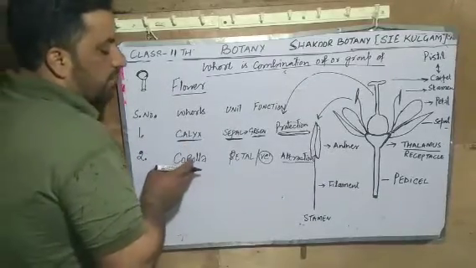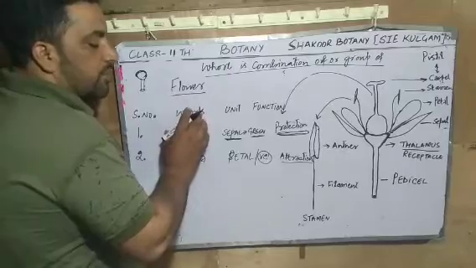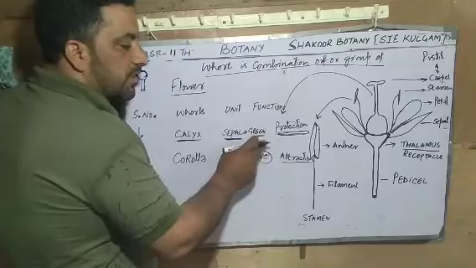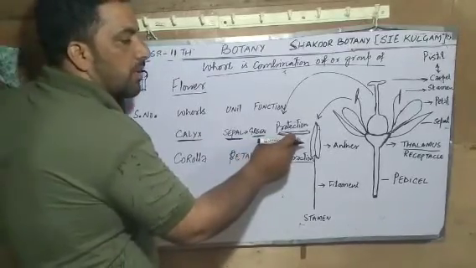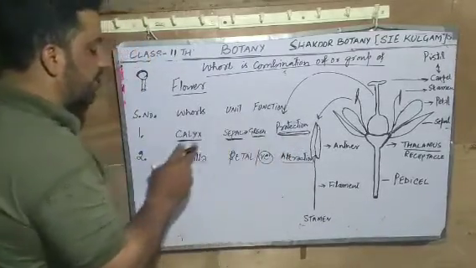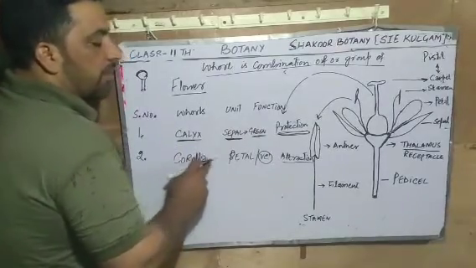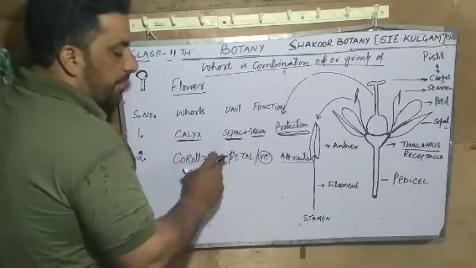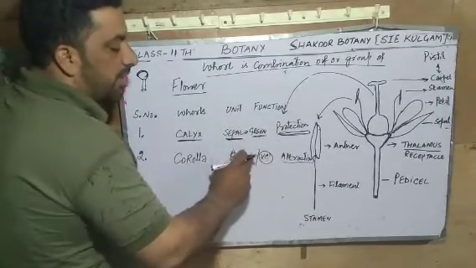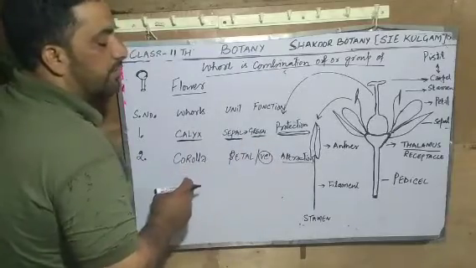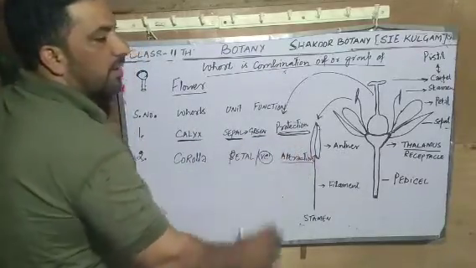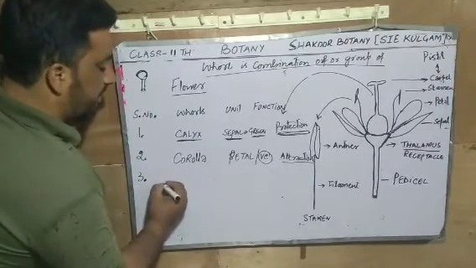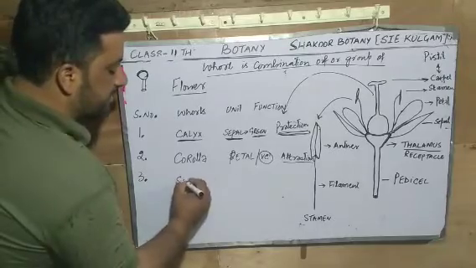So the corolla जो है ये दूसरा whorl है, outermost whorl जो है calyx है, कैलेक्स के यूनिट को हम सेपल बोलते हैं, सेपल्स ग्रीन होते हैं, सेपल्स का काम होता है ये फ्लावर को प्रोटेक्ट करते हैं बड कंडीशन के दौरान। दूसरा वर्ल जो है करोला, करोला के यूनिट को हम पेटल बोलते हैं, इनकी डिफरेंट कलरेशन होती है, वेरियसली कलर्ड होते हैं ये, इनका काम है टू अट्रैक्ट द इंसेक्ट्स फॉर द प्रोसेस ऑफ पॉलिनेशन।